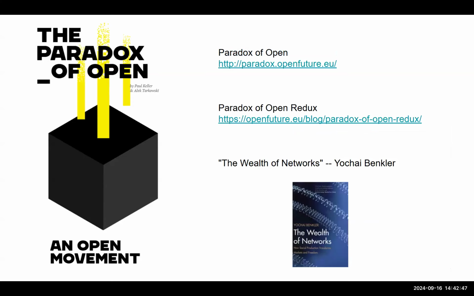The other thing is that when you build communities, you get to benefit from networks. And this book by Yochai Benkler is The Wealth of Networks. This is where he talks about the power of having a network of people. It could be users, it could be some community, rather than a couple people in a room or these hierarchical